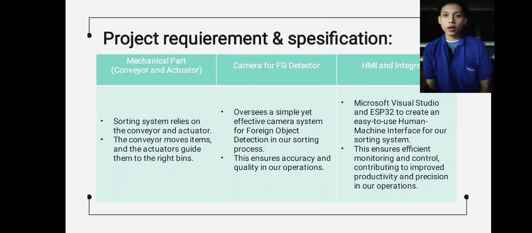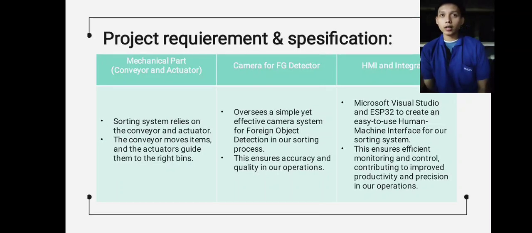In our project, we are using mechanical parts. I will tell you about the mechanical part. We are using a conveyor and actuators. For the actuators, we are using 3 cylinders. The first cylinder is used to grip the object and transfer it from conveyor 1 to conveyor 2. And then the third cylinder puts the object into the reject box.